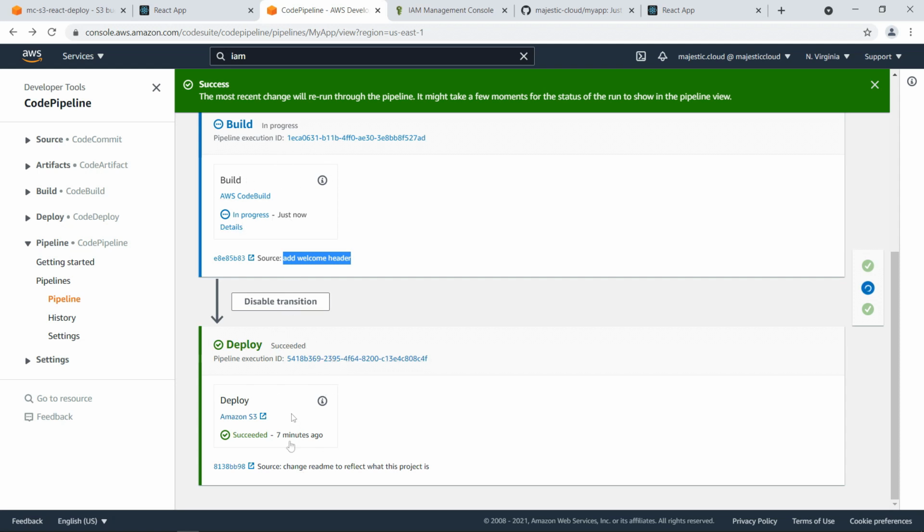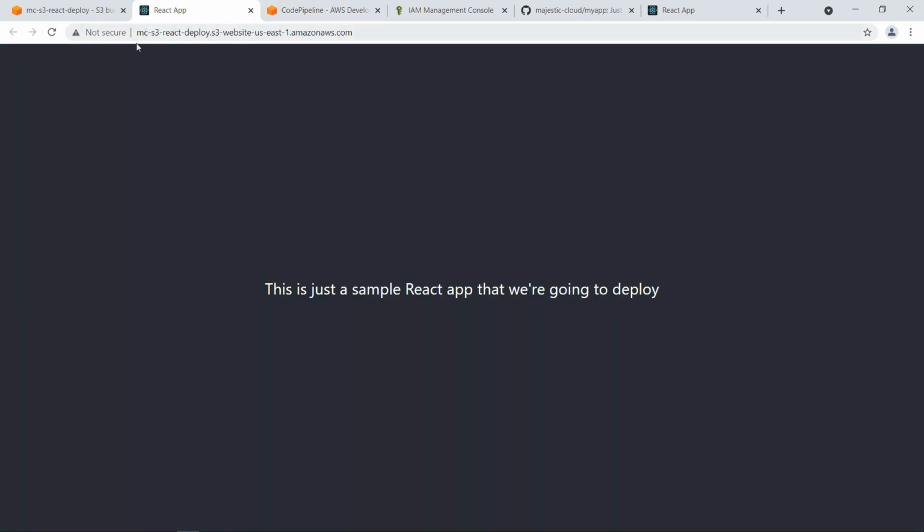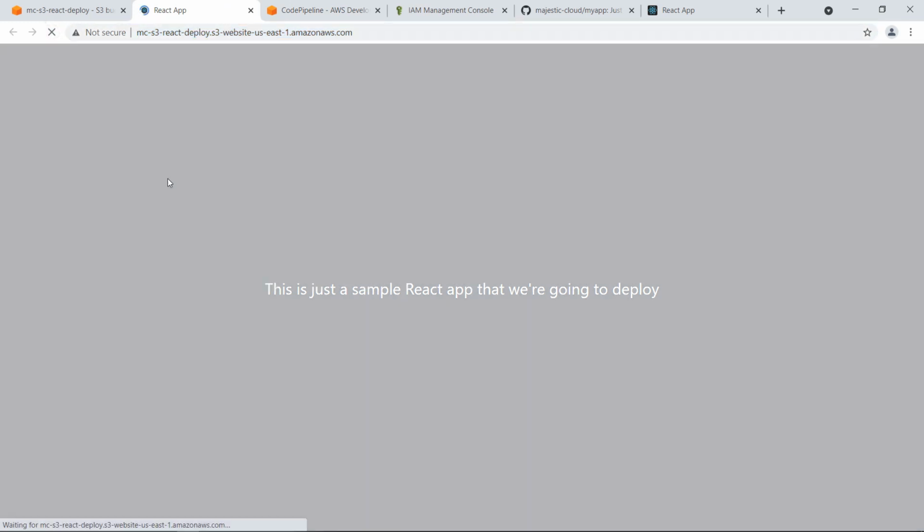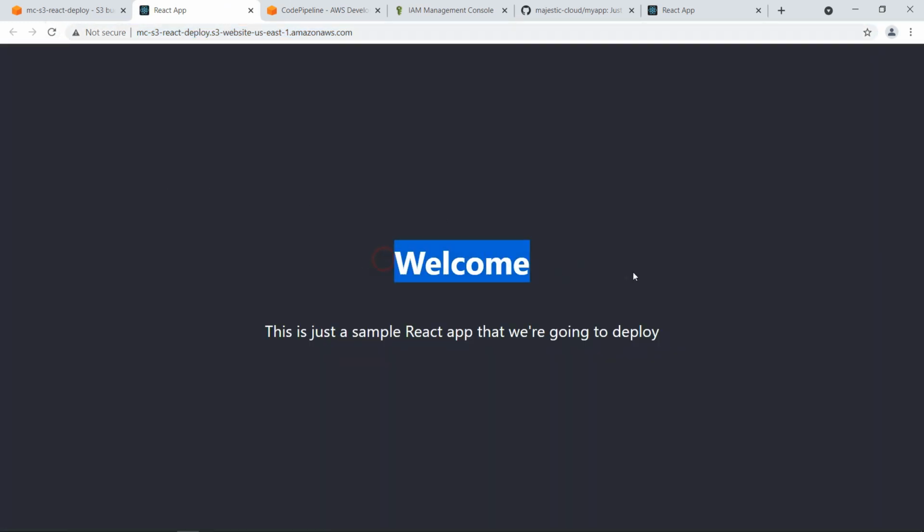This succeeded is the last commit we did 7 minutes ago. So let's wait for this to finish and then come back to it. So the whole deployment pipeline just ran successfully. You see here I have succeeded just now, source add welcome header. Let's go back to my static website and reload it, and you see the welcome header